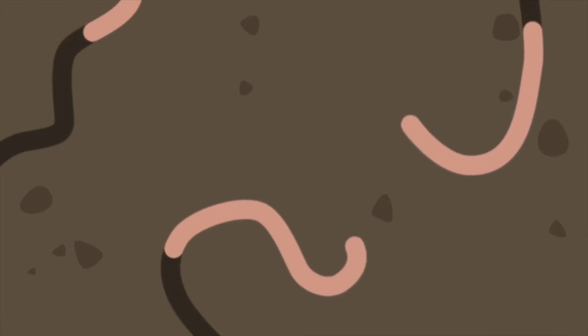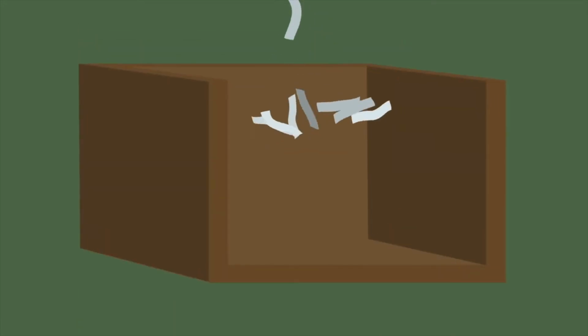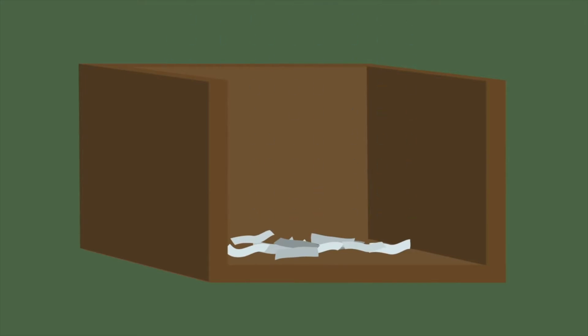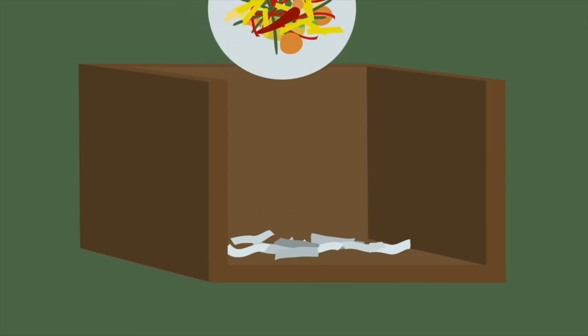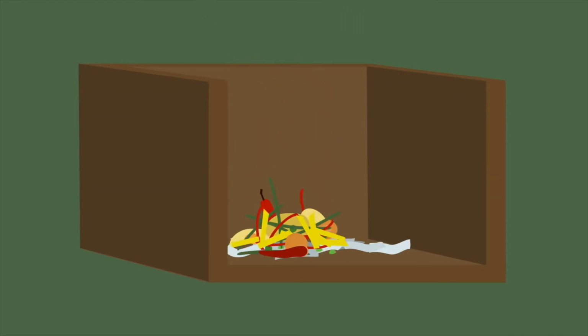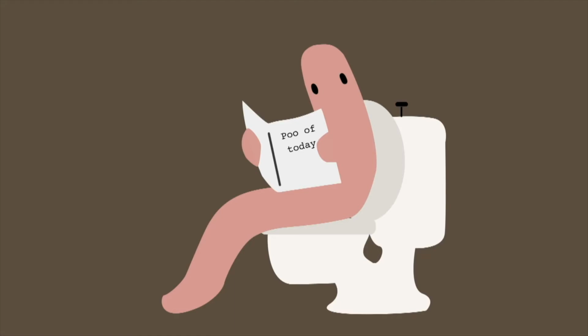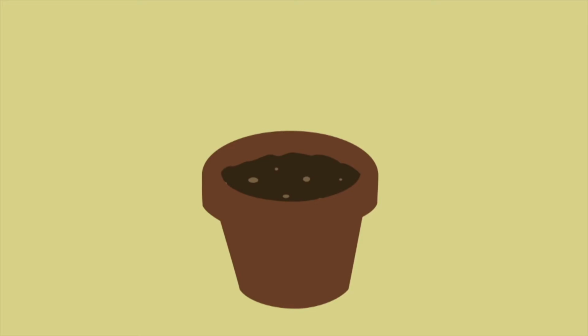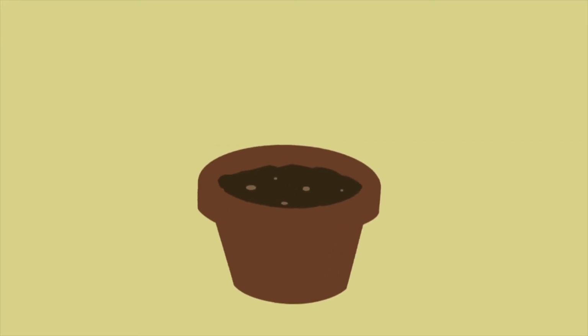Now, your worms might be vermin, but they need a comfortable space to live and work. Some bedding material, either shredded paper or cardboard, some moisture, and of course, food. Namely, your leftovers, slightly decomposed table scraps. The worms break down food waste and other organic matter into castings, a fancy synonym for worm poop. Their excrement is absolutely teeming with microbes, which continue the decomposition process, making all those once wasted nutrients available again